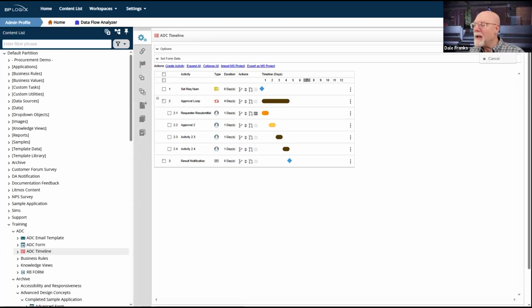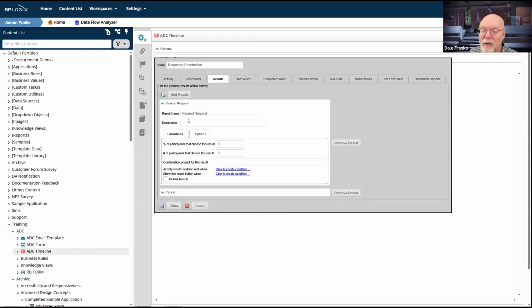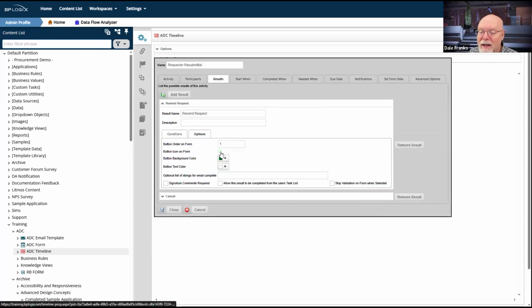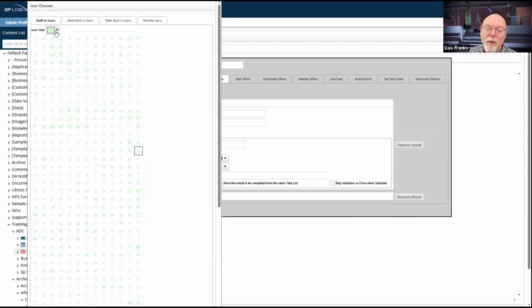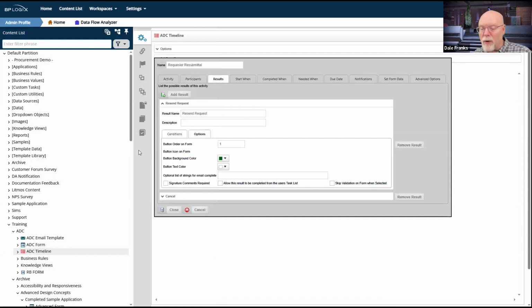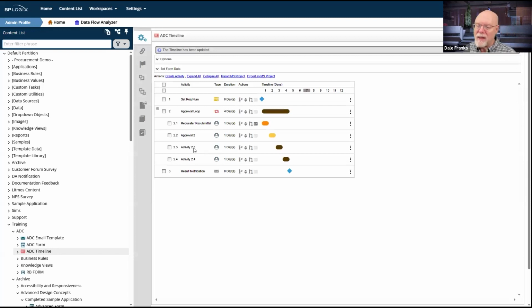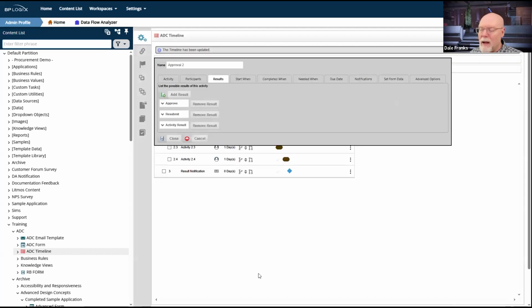Okay, so we've configured that. Let's update. Actually, I did notice something whenever the form was running on the results tab on my resend request. For whatever reason, I did not save properly when I changed those colors, or rather, I only changed the color for the cancel result, not for this one. So I'm going to go ahead and reset that one to a white icon color, and we will update there. And now we can go on to our second activity. What time is it? It's 11:35. All right.